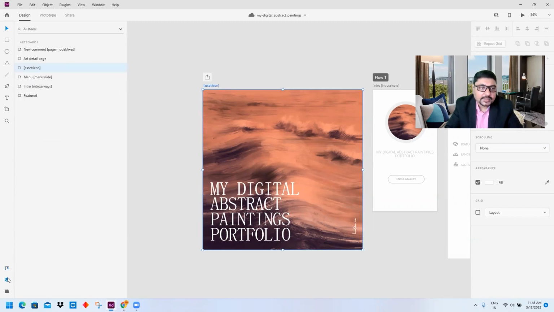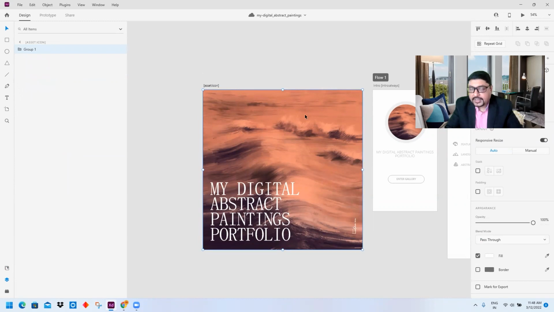Asset colon icon actually has nothing but an image of my painting, which acts as an icon sort of thing, which will be your app icon. Okay. And over here, I have written my digital abstract paintings portfolio, as simple as that. This entire thing will be converted with an asset icon and will be sent to Bravo Studio as an app icon.